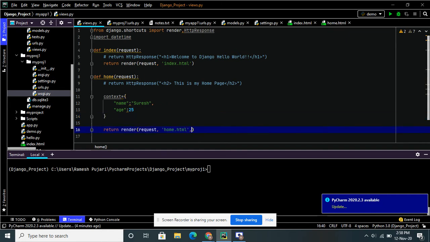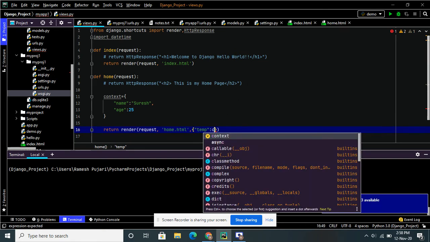I am sending it in the form of an opening and closing flower bracket. C is a variable, and you can take any name, like temp. Temp is my variable, and I am storing the value in it.